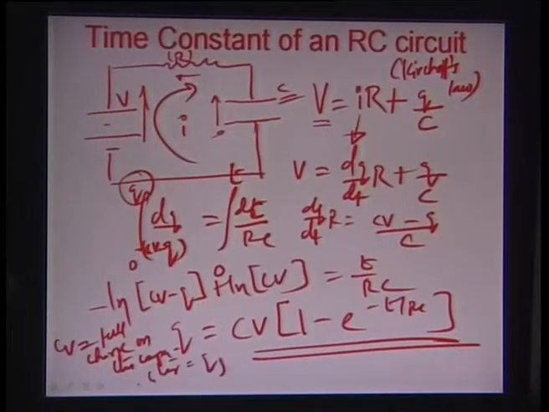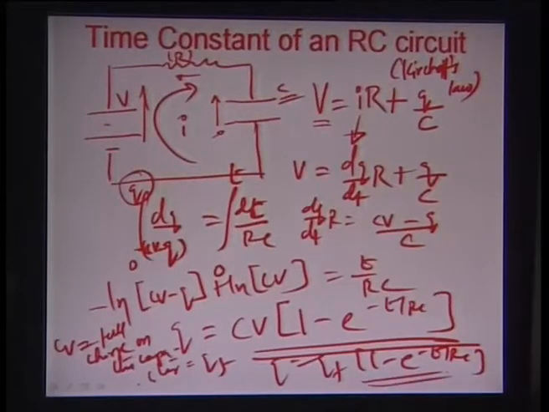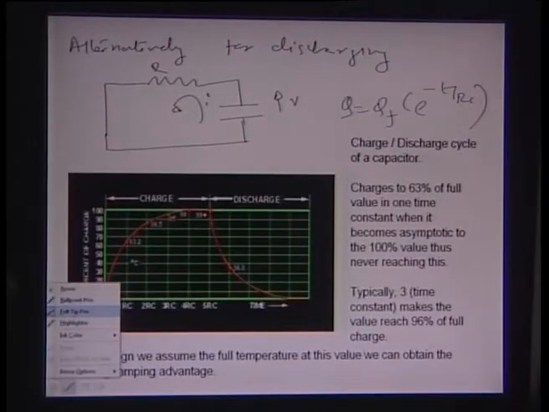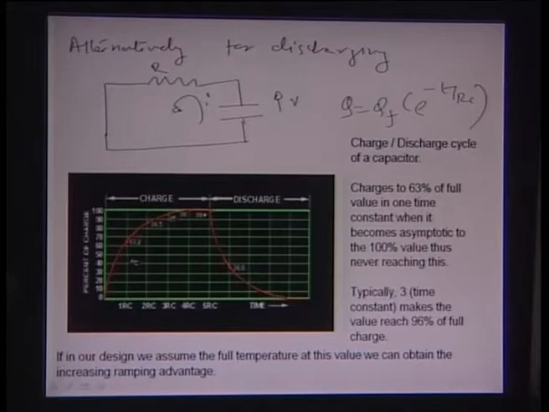Let's call it QF. So Q is QF times (1 minus e to the power of minus t by RC). Alternately, for the discharging circuit, when we assume that there is no voltage source, as you can see here in this particular illustration,